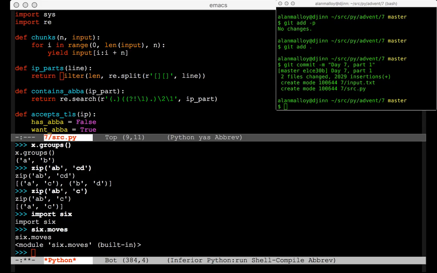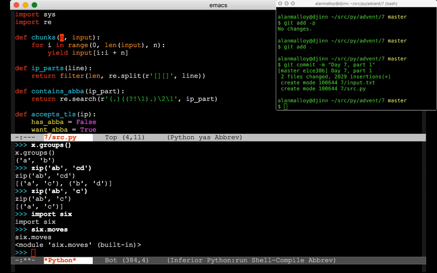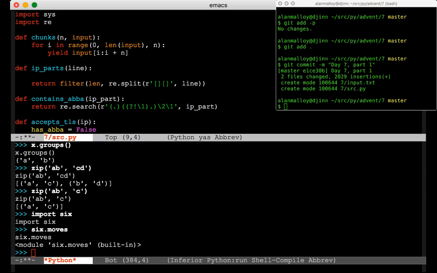Okay. From 6.moves. Oh, I see. Python 3 reorganized the standard library and moved them. So 6.moves is a place to get the stuff that has been moved regardless of where it is. All right. Okay, well, this is a little bit dubious, but what I want to do is basically in